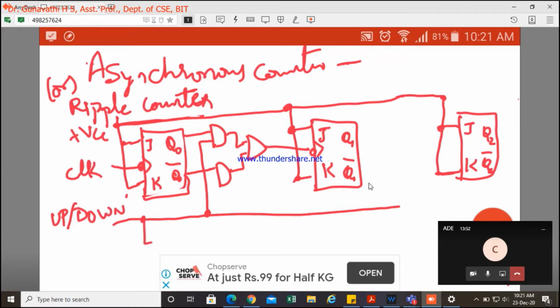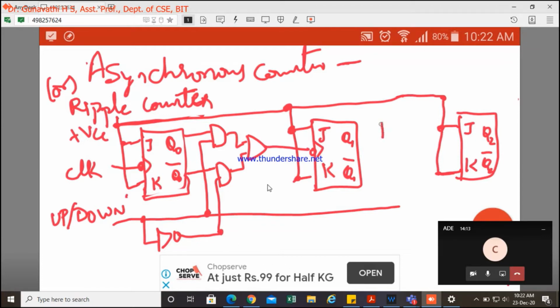Whenever this input is high, it will enable the first AND gate, so it will work like an up counter. Whenever this is low, it enables the lower AND gate. This is how we can make it.